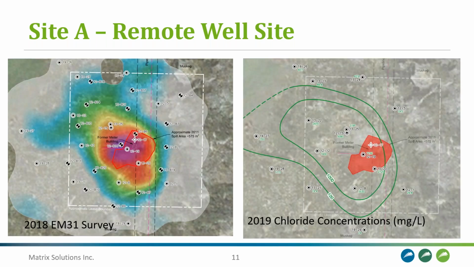So quite a bit of environmental work was also conducted at the site. They did EM surveys in 2012 and again in 2018, and you can see the 2018 survey here on the left. Then between 2012 and 2019, 32 boreholes were drilled at the site, and 16 of these were completed as monitoring wells. On the right, we have the groundwater chloride contour map, and we have the 1,000 milligram per liter groundwater contour in the center of the site, mostly confined to the lease area, and a maximum groundwater chloride concentration in 2019 of about 7,000 milligrams per liter. And this was down from the maximum concentration measured in 2014 of 10,000 milligrams per liter.